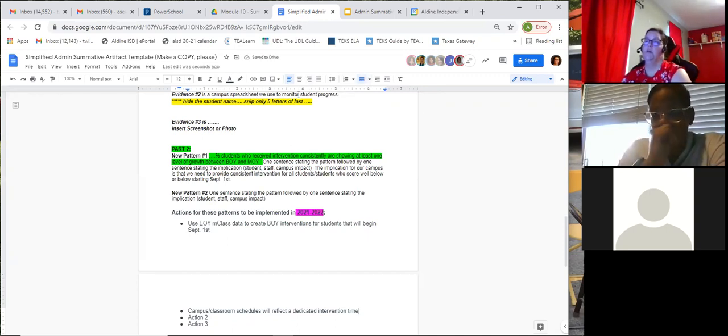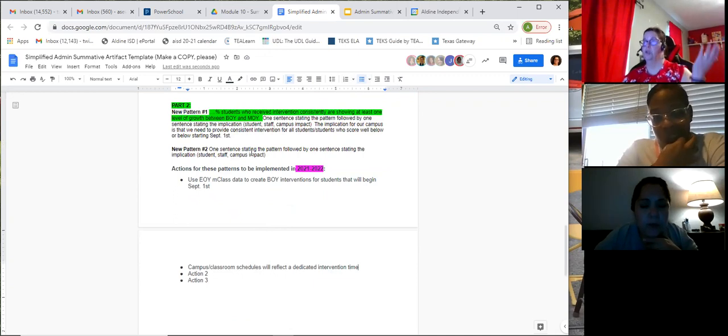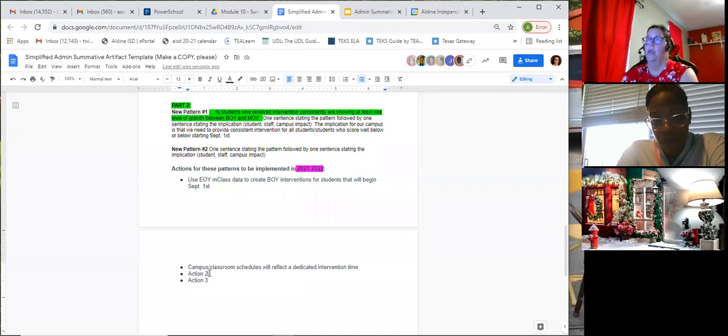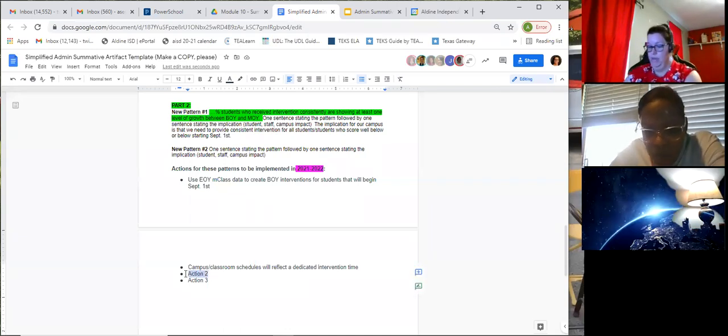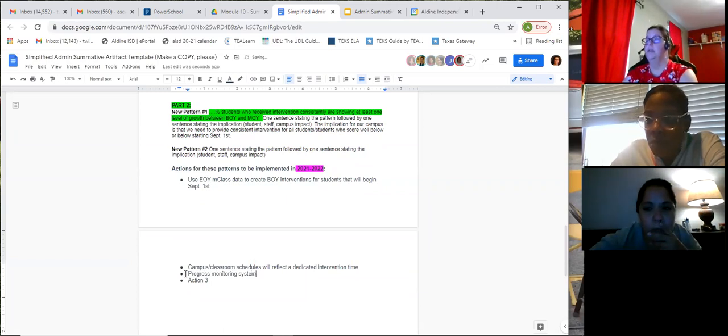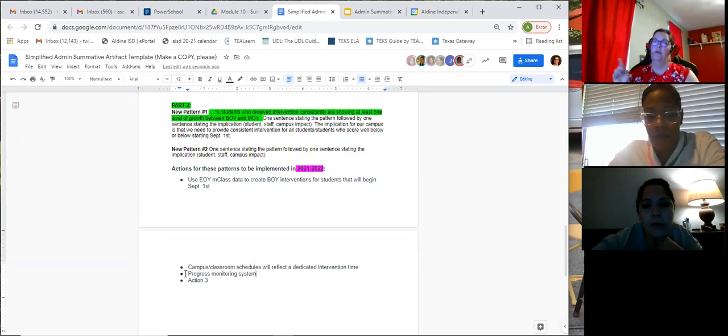So implementing some of your action steps from the first artifact may be copied over or carried over because we didn't get to implement them until just recently because of all of the interruptions this year. So once I have those in place, then I want to make sure I have a progress monitoring system. So I would just go step by step on what I needed to do as a campus to ensure that that pattern that we know is great, is positive for our kids, continues even in a more efficient and effective